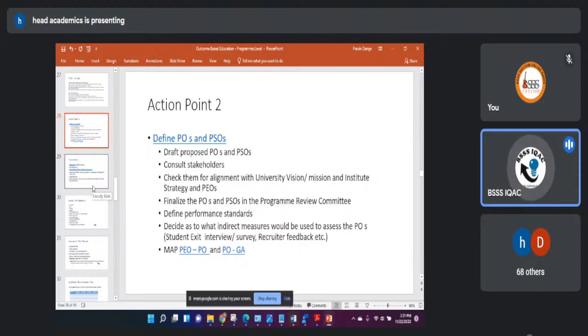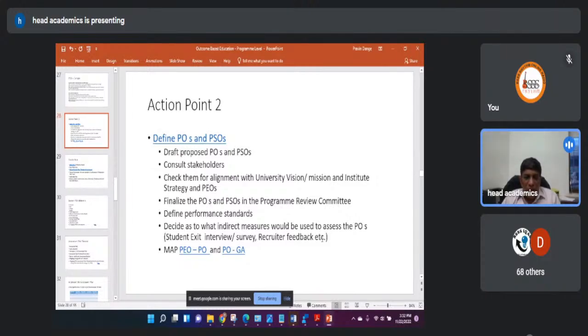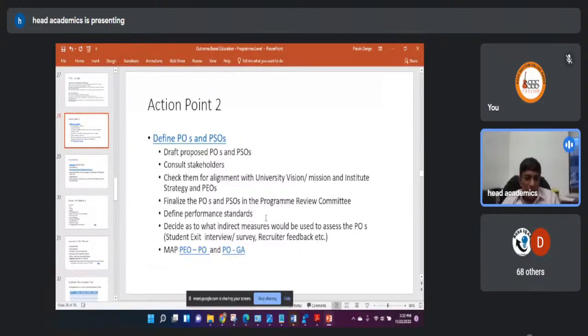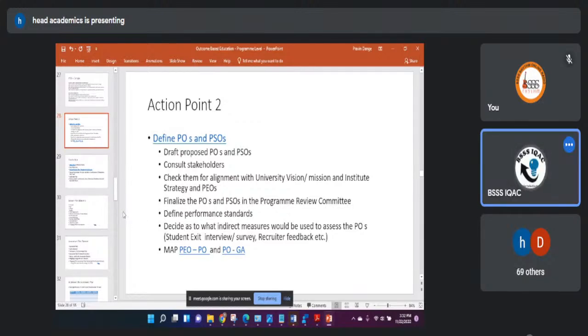Sir, POs and PSOs, it's very clear, but in our case, POs are not there. So I think we have to work in that line. And the rest, POs we have already framed, in line with the NAAC document, and PSOs also for separate programs, in terms of the competencies. So competencies for a role that is visualized for a student, right? Okay. So even if formally you may not have PEOs for technical reasons because NAAC doesn't require it, why not have those PEOs? NBA does require it, and it is a process element which is imperative, not mandatory, but imperative, to define POs and PSOs. Yes, sir, we understand. Thank you.